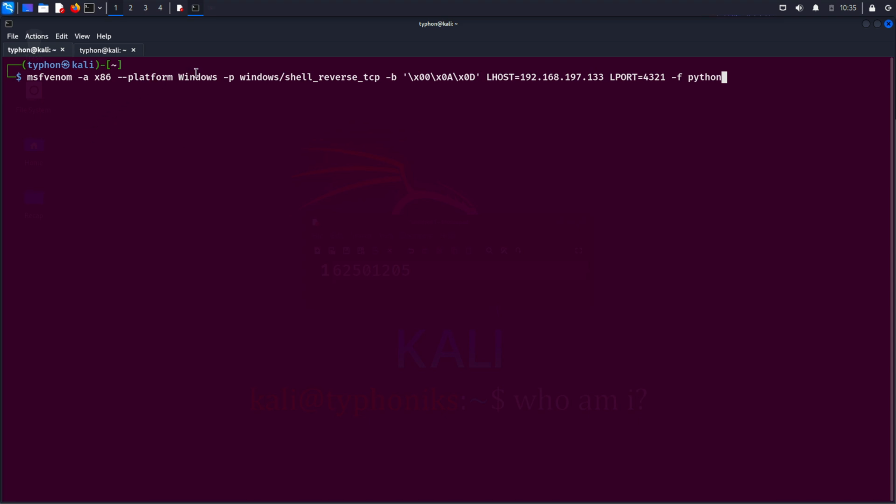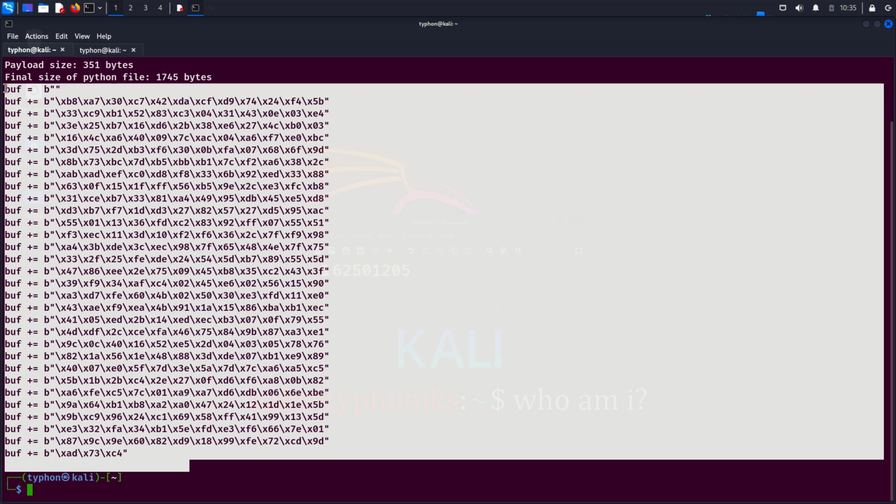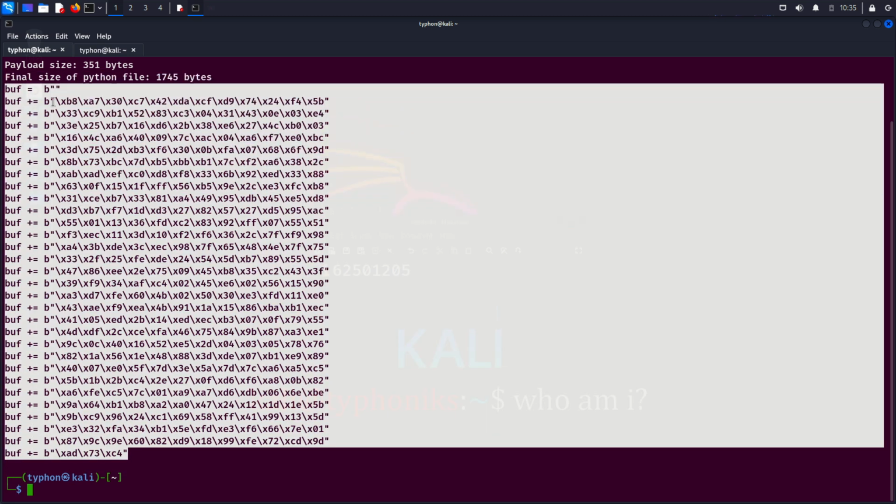Let's check if everything is correct. Yes. Now this is the Python snippet of this shellcode that we can inject into vulnserver. This shellcode will give us a reverse shell, allowing us to execute commands on the target machine. Now that we have our shellcode ready, let's walk through the final exploit code line by line. This script will send our crafted payload to the vulnserver and, if successful, give us a reverse shell back to our attacking machine. Now we'll copy that, open,